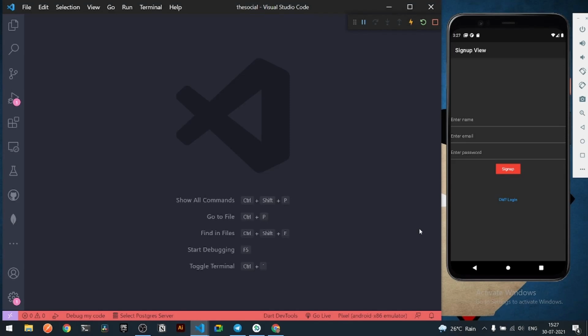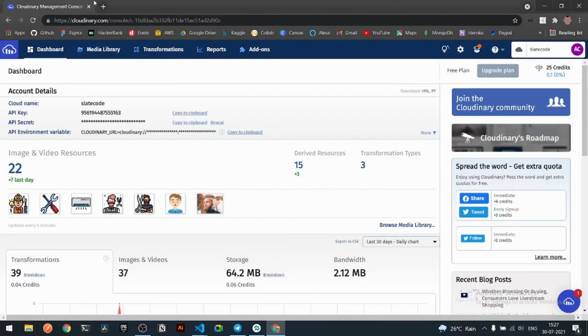Cloudinary is a kind of paid service which gives you some free credits at the start so that you can upload all of your images and test it for your demo applications. Right, so we'll be using Cloudinary for storing all of our images. Now, if you don't know Cloudinary, you can go to the website cloudinary.com itself and create a new account. Once you have created a new account, you will have to create a new blank project. And once you have created that, you will be getting the following credentials.